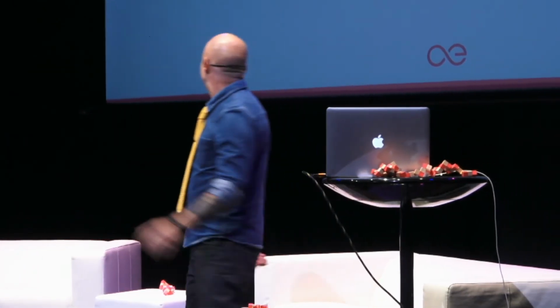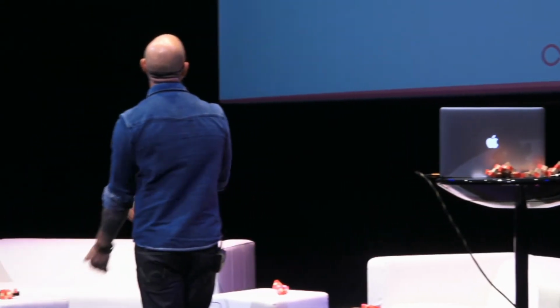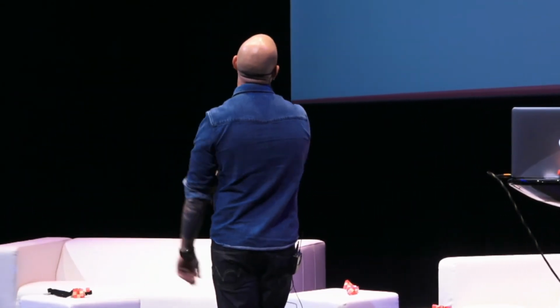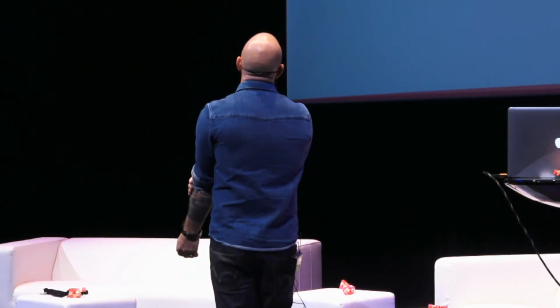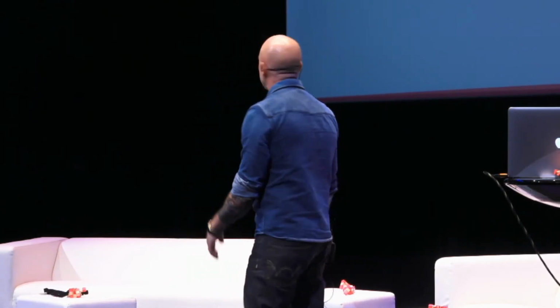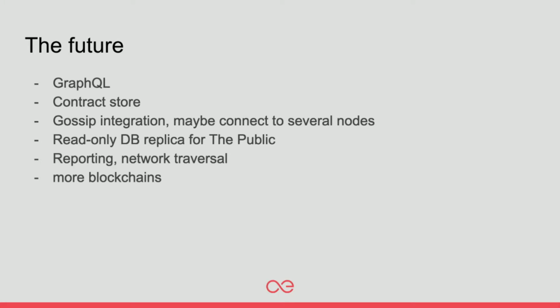Okay, so that was a very fast wrap-up. The future of the middleware will involve a contract store, involve GraphQL. We have a library we wrote which talks Gossip to the nodes, so we can pull transactions directly from Gossip rather than using the HTTP API. We are going to let the public connect to our read-only replica and hammer it with whatever query they can